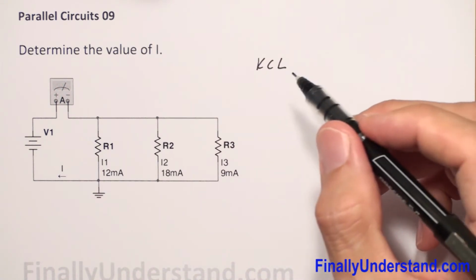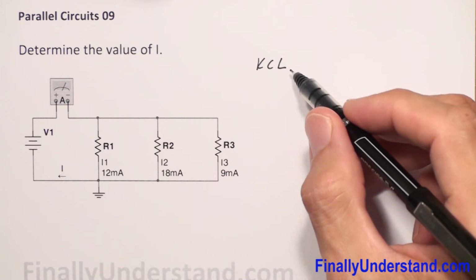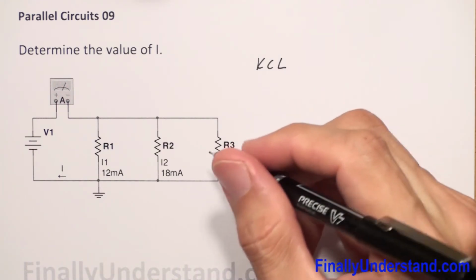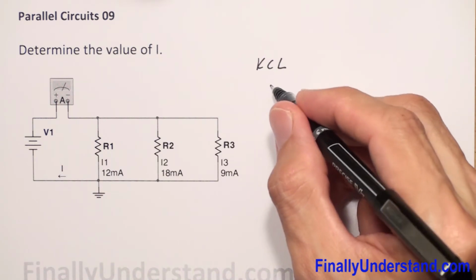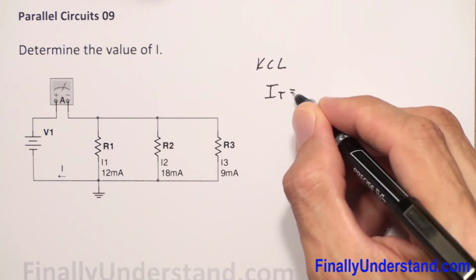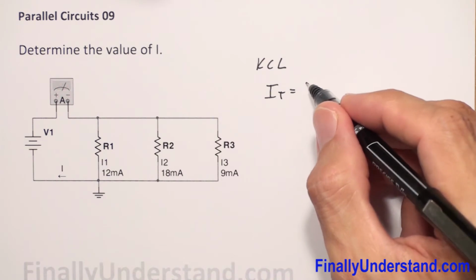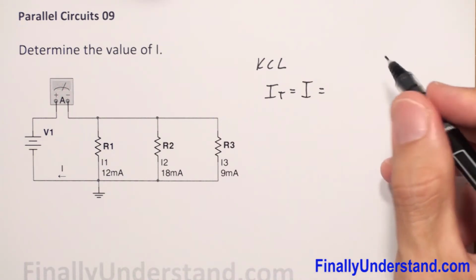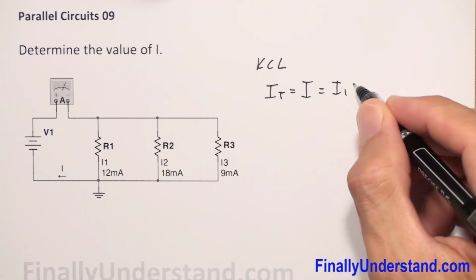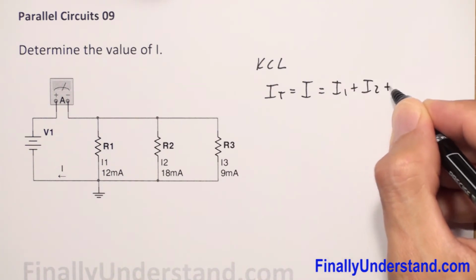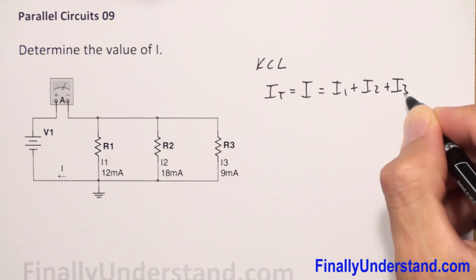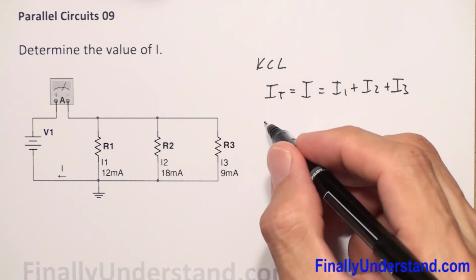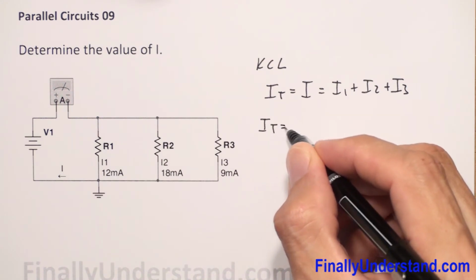So in order to find the total current, I'm supposed to use KCL, Kirchhoff's current law for parallel circuit. So KCL for the parallel circuit looks like this. I total in this case is simply I, and we have simply I1 plus I2 plus I3. So I have I total is equal